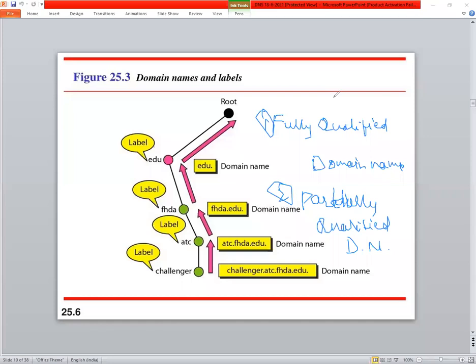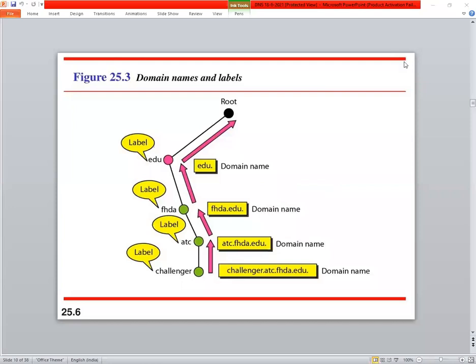So what are the different types of domain names available here? Fully qualified and partially qualified.